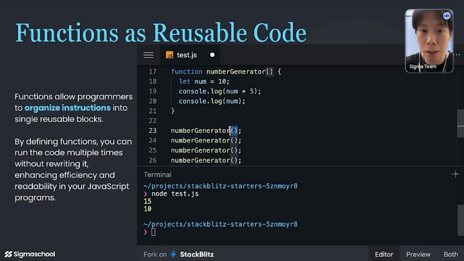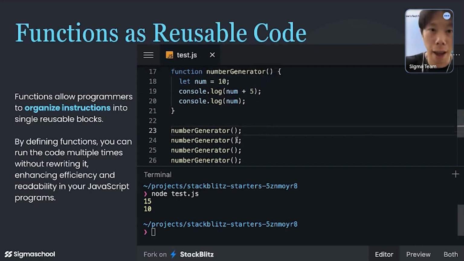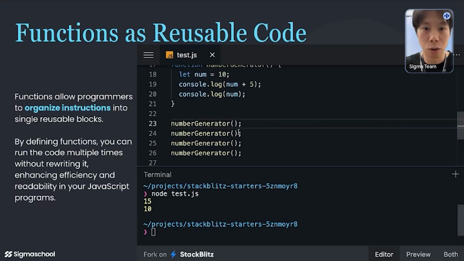So it's currently empty. So all you need to do is just leave it as is, and you put a semicolon. That's how you pretty much execute and tell the code editor to execute this function. So JavaScript will know, okay, let me call this function and let me run whatever's inside this block, right? So over here, I called it 4 times.